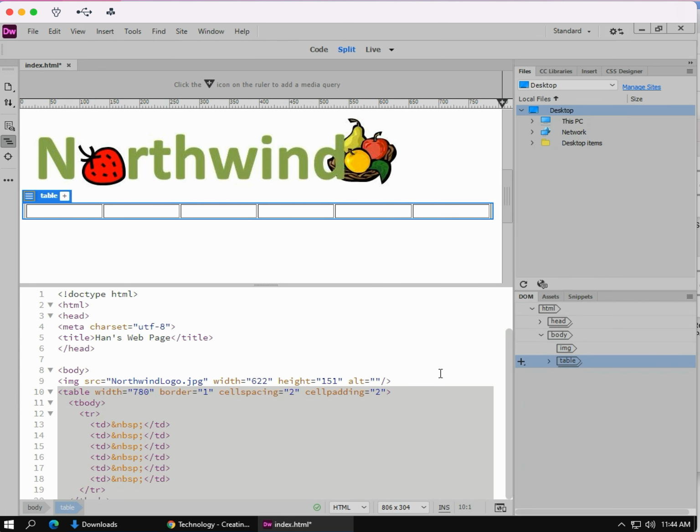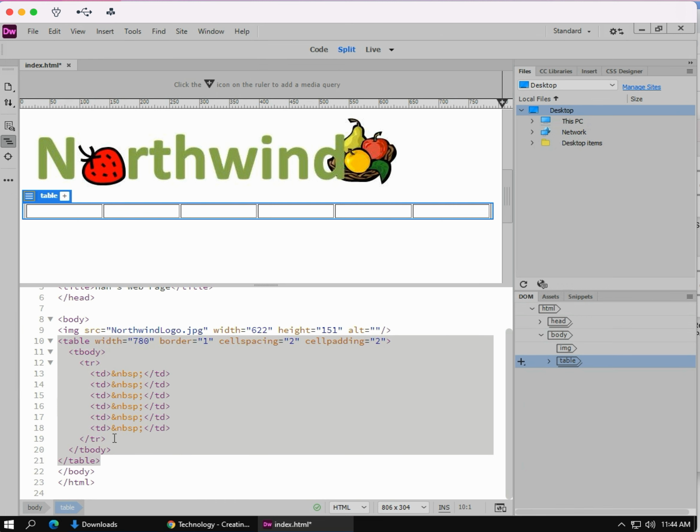And what we now see is a table appear below the image, as well as some additional code in the HTML part of our window. You also see that there are some changes in the DOM panel. And the DOM panel essentially gives us a summary of the tags that we have. So if we click on table here,